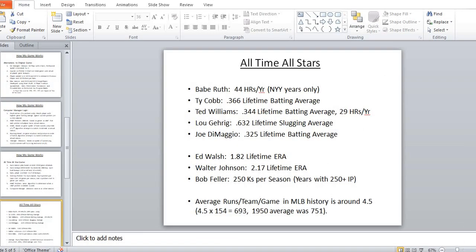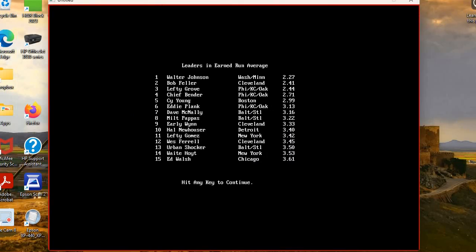Let's look at the average for lifetime. Ed Walsh was 182. Walter Johnson was 217. So let's see where they are here. Walter Johnson was 227, so he's only a little bit higher. Where's Ed Walsh? Ed Walsh is down at the bottom, 361. And really, we should be comparing batting average against, because